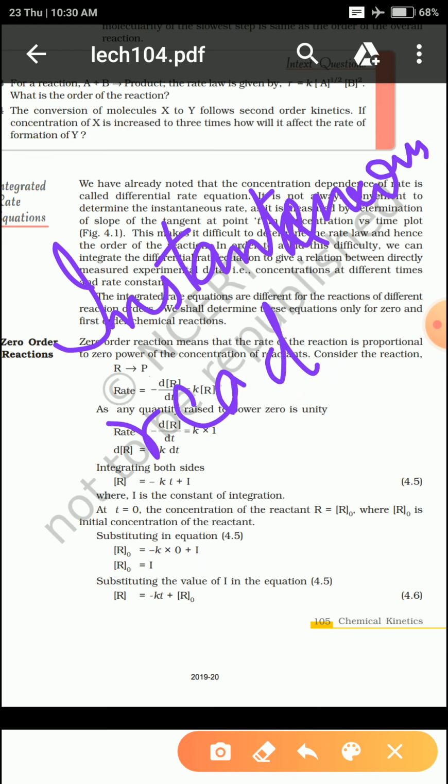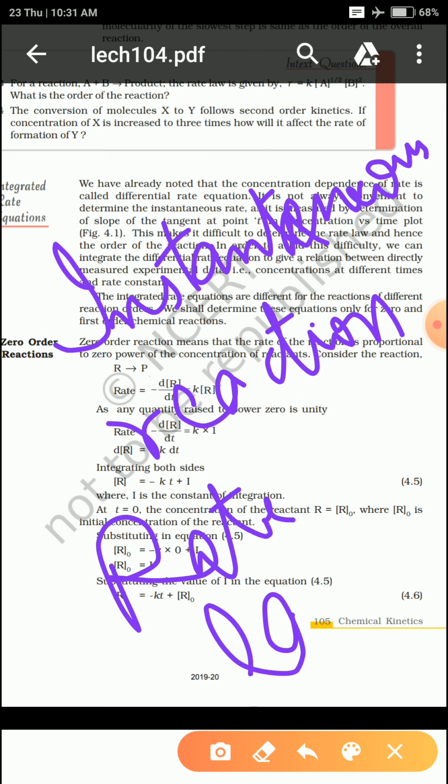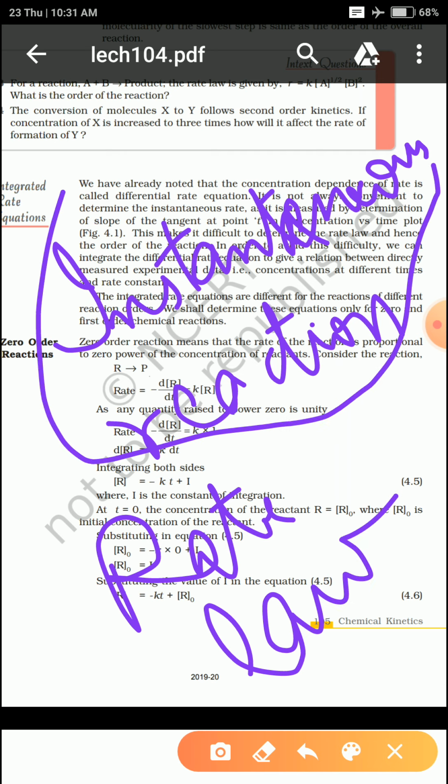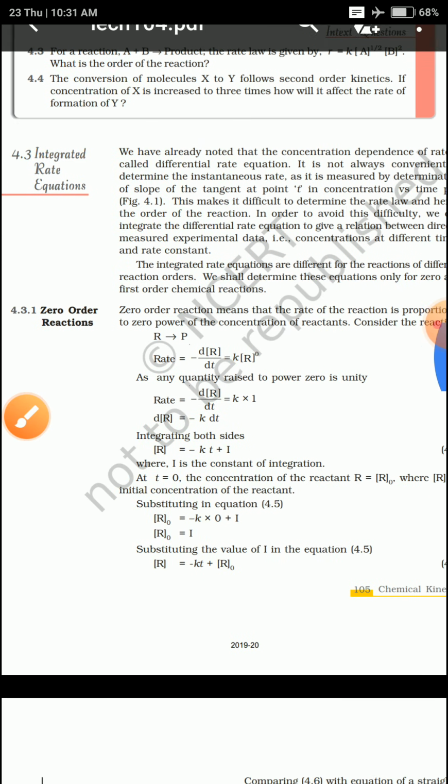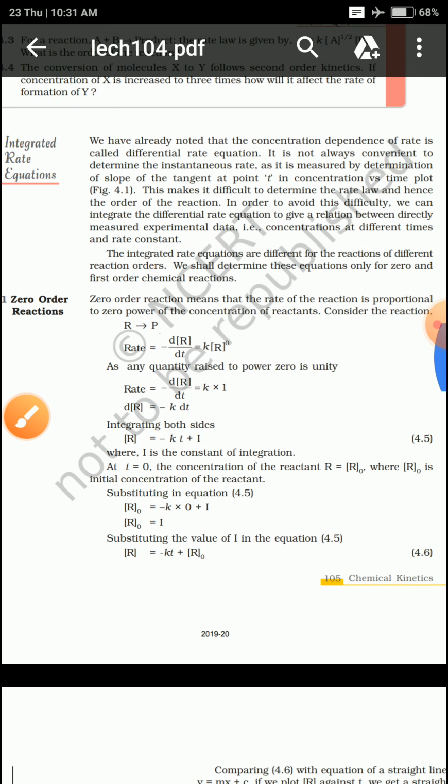That means reactions where, from a particular instant, we can determine the reaction rate, but it is actually very difficult to express the rate law in some situations for this instantaneous reaction. So in that situation, what we do, whatever the reaction is,